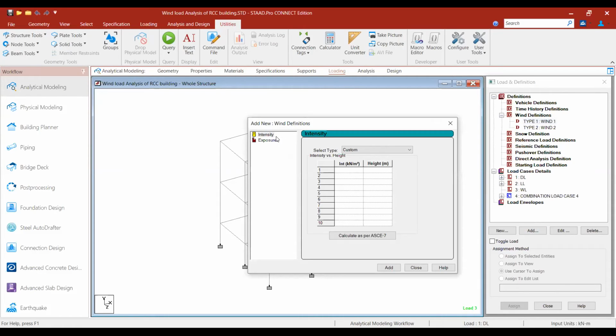Now you have to give the intensity. Just now we have calculated from the code, that is 0.9 for height 0, and for 10 meters also the same, 0.961 kilonewton per meter.